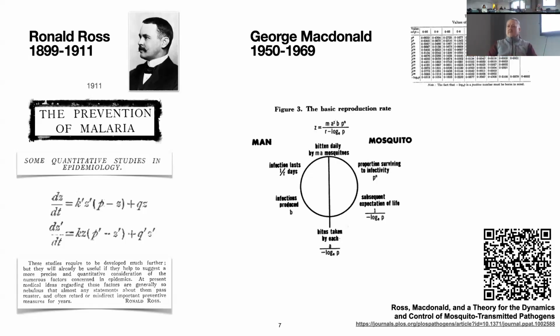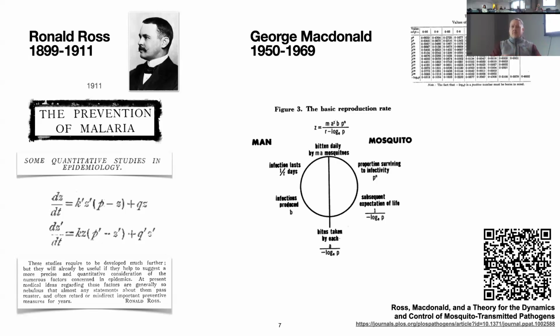It took some time before this idea that malaria was actually mosquito transmitted was widely accepted, but a lot of people accepted it immediately, and then there was debate among other people. In the next 13, 14 years of his career, though, Ross set out to develop a theory for the prevention of malaria. Because he had a Nobel Prize and he was in the military, and he'd been in the British Empire, he spent a lot of his time promoting the prevention of malaria, and he was also a polymath. So at the same time, he was trying to develop mathematics to understand malaria transmission so that he could do a better job of giving guidance to places like Mauritius and Egypt about malaria control.